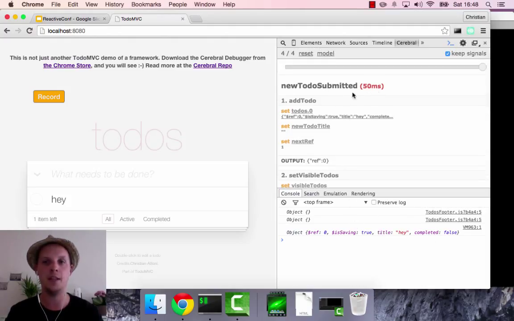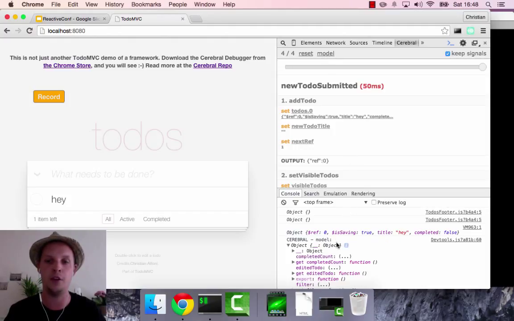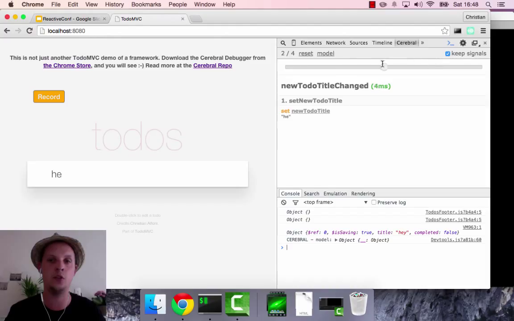The milliseconds here is related to how long it takes to trigger a signal and actually update the view layer. Now it says 50 milliseconds, but I'm on a slow MacBook and running Camtasia and everything, so yeah, it's pretty slow. But it's there to give an indication. That's really important, just an indication. We can also click the model here to get a complete overview of the state tree, and we can also grab this slider to go back in time. And this is kind of cool